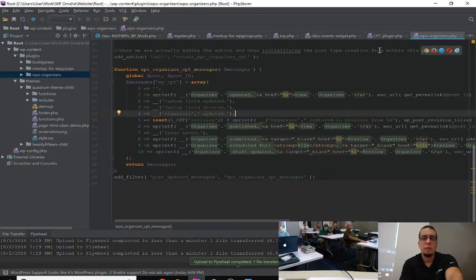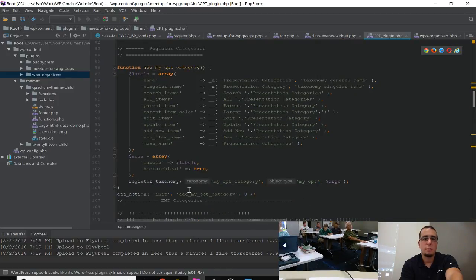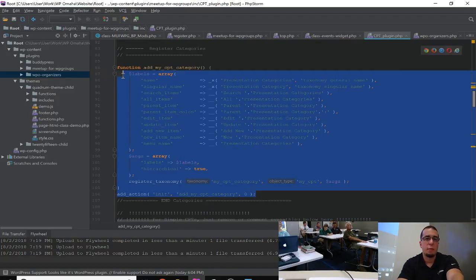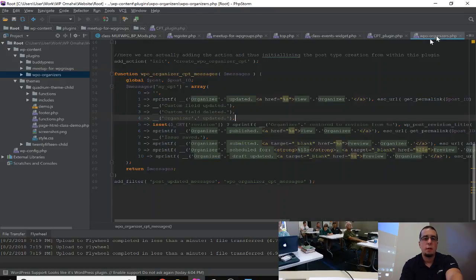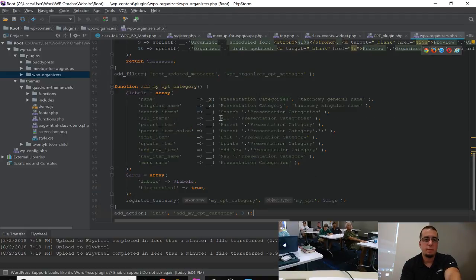Now let's go back to this other file and let's do some more. So now let's add our taxonomy. Just grab this whole block. This is our taxonomy block, and this is what allows you to add taxonomies. You can see why I made a template for myself, so that I don't have to go look up these actions and filters every time. So we're gonna do the same thing we just did. Instead of add my CPT category, we're just gonna call it add